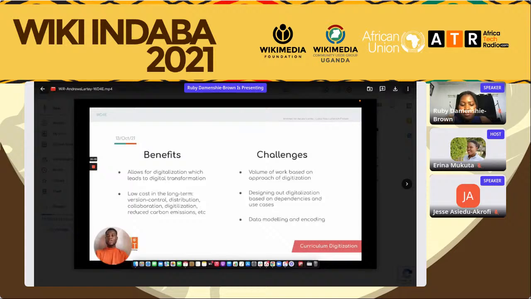So able to reduce carbon emissions. This is an indirect impact in the sense that because we've been able to digitize, we're able to cut the physical, let's say, involvement in creating the content,